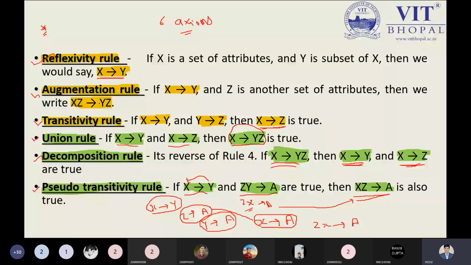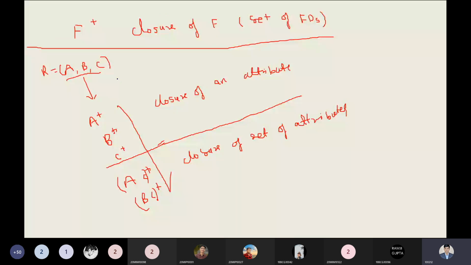So this slide was not added previously inside my lecture, but I am including it here for explaining the concept. These are the key terms you have to keep in mind while solving the problem. F plus is saying to us this is the closure of F. Please focus on the word. F plus is saying we are trying to compute the closure of F. F contains the list of FDs or set of FDs. So in the F closure, what we will keep as a result is the list of the various FDs. That is the point.